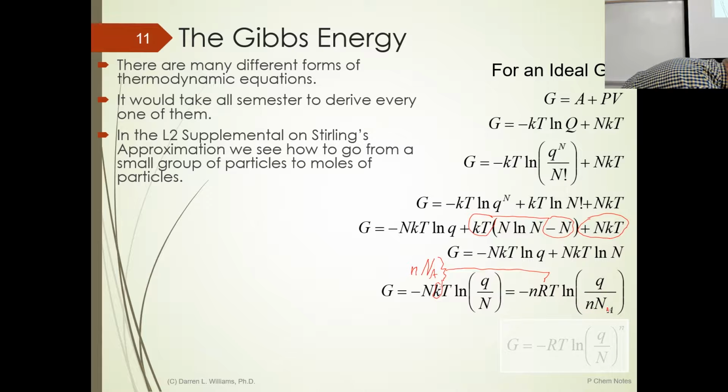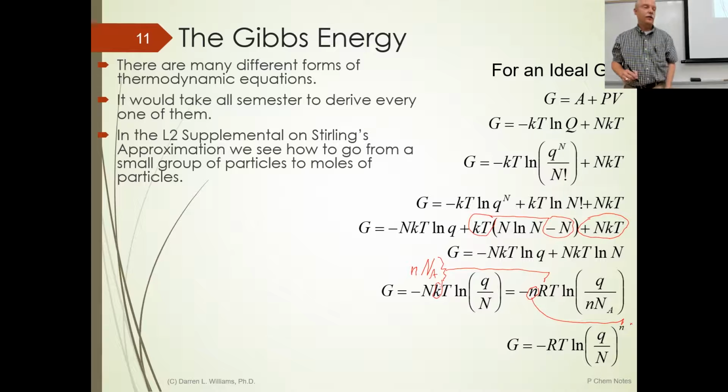That's what I mean. We can do that, or we can leave it like it is. But we have this number of moles in front. It's multiplied by that natural log. That also can be moved in as an exponent. So you see this little n here. You could write it as an exponent. So this is an interesting equation. We have G equals minus RT ln of something related to the molecule raised to the number of moles of that molecule. So that's the Gibbs energy for a particular species.